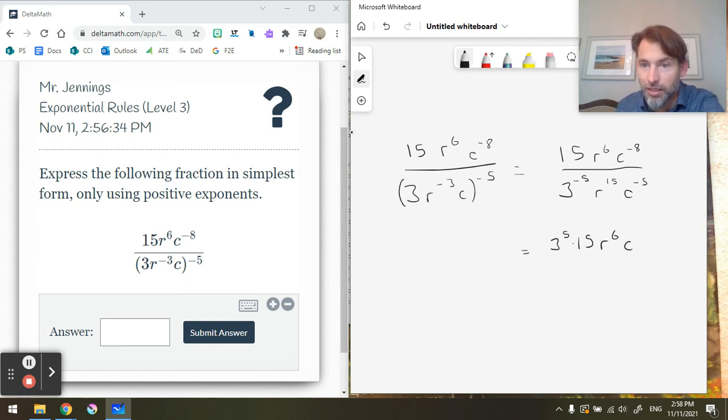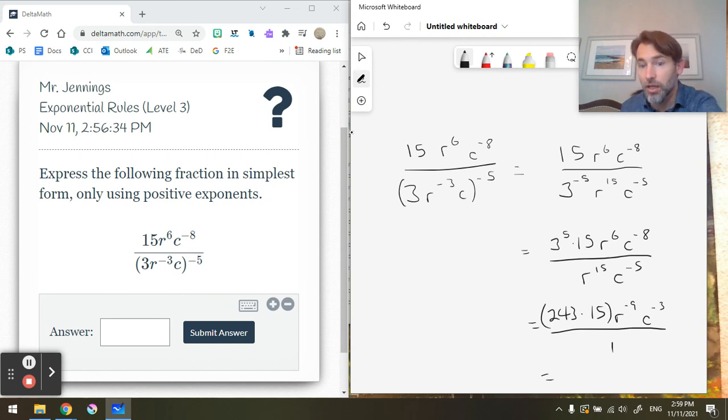r to the 6, c to the negative 8, all over. I could simplify that, really. r to the 15. I've only done one thing. I need to pay attention to what I'm doing. Okay, so now 3 to the 5, that's 243 times 15. I'm just going to put that in brackets. And then I have r to the 6 minus 15 is r to the negative 9. And c to the negative 8 minus negative 5, that's c to the negative 3, all over 1 equals, well, 243 times 15 is just